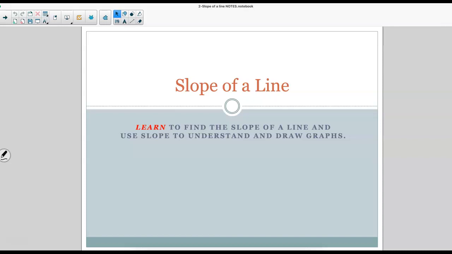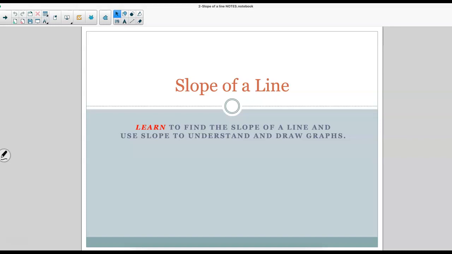Learn how to find the slope of a line. We already know that, right? So some of you might have gotten the slope of a line. We learned this already. What more is there to know? Okay, and maybe you forgot. But we also need to talk about a different way to find slope because sometimes it's difficult by